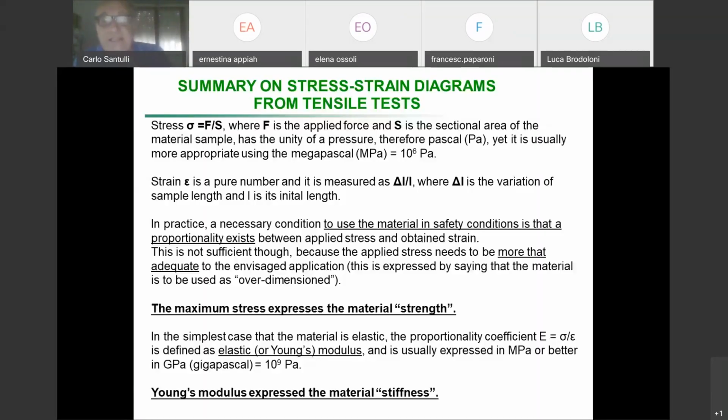Okay, so Young's modulus, which is often expressed in megapascal or even in gigapascal. In megapascal, even for many films and polymers, megapascal is sufficient. In case of metals, you talk about gigapascal. For example, steel is around 200 gigapascal of Young's modulus. Aluminum is around 70 gigapascal. Anyway, Young's modulus is expressed as the material stiffness. So a material which is stiff has a higher Young's modulus.